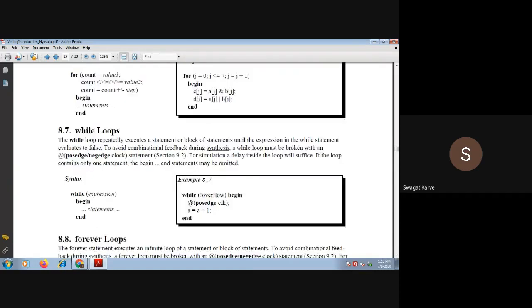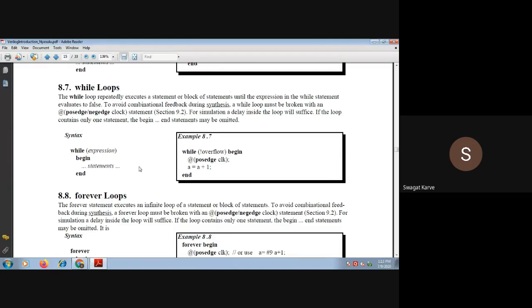Then the same about the while loop, right? The while loop repeats until the expression evaluates to false. That means while this is the condition, begin, this is the loop. This loop will keep executing unless and until this condition is satisfied, right?